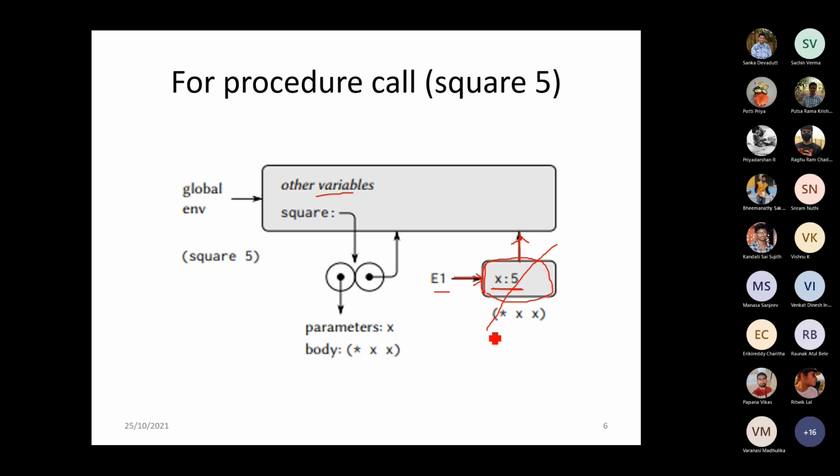Whenever there is a procedure call, it will create a new frame and allocate the corresponding arguments. And as a link, it will point to the above block, from where we have called it.